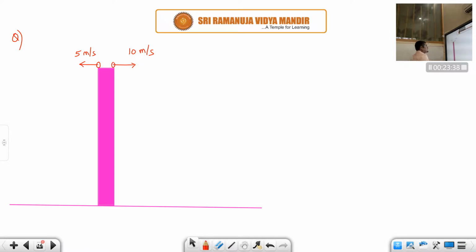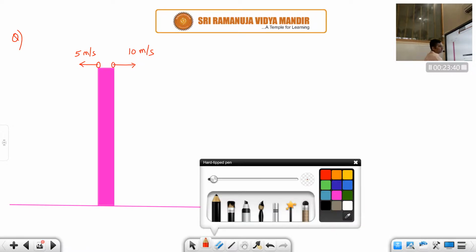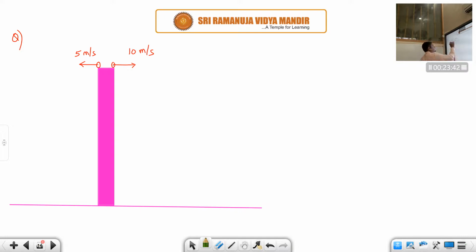Correct or not? Okay. So now what will happen? This will also follow a projectile path. So like this it will follow, it will meet here, and this will also follow like this and meet here. Correct or not, students? The speed is less here, so that speed is more. Anyway, both of them will fall on the ground.